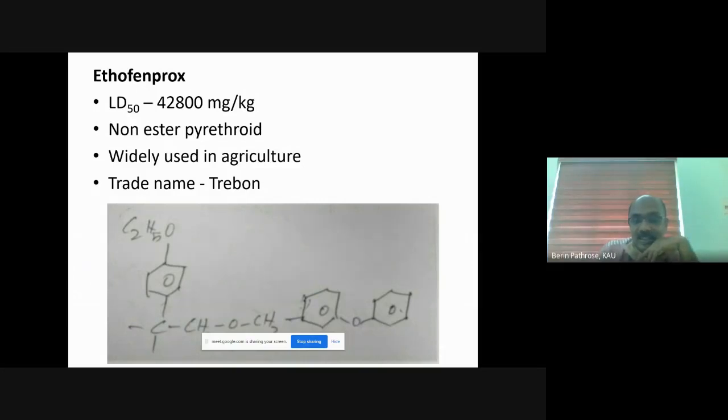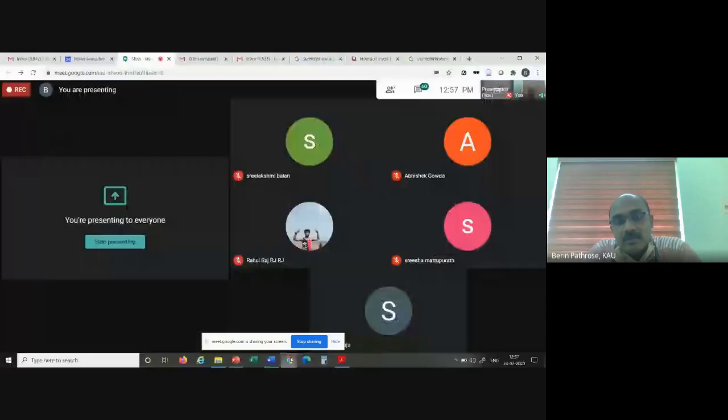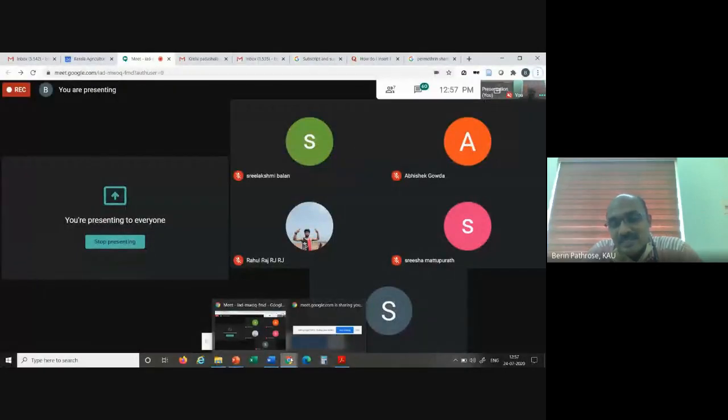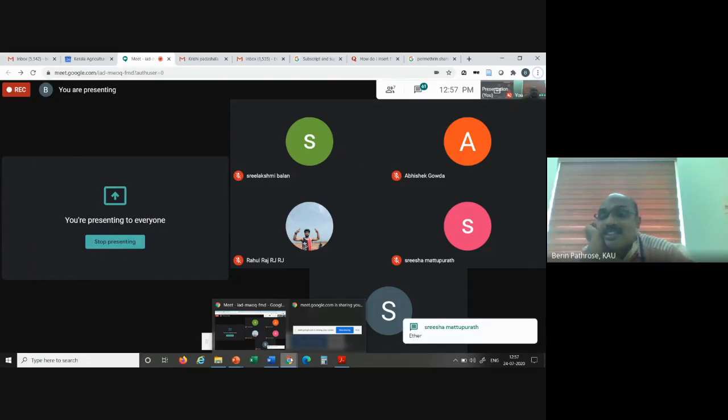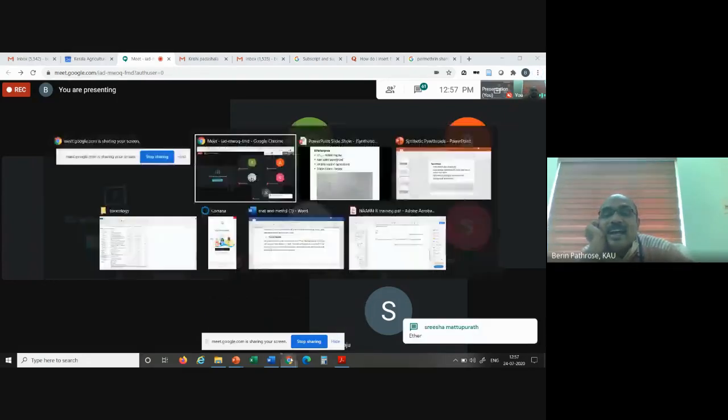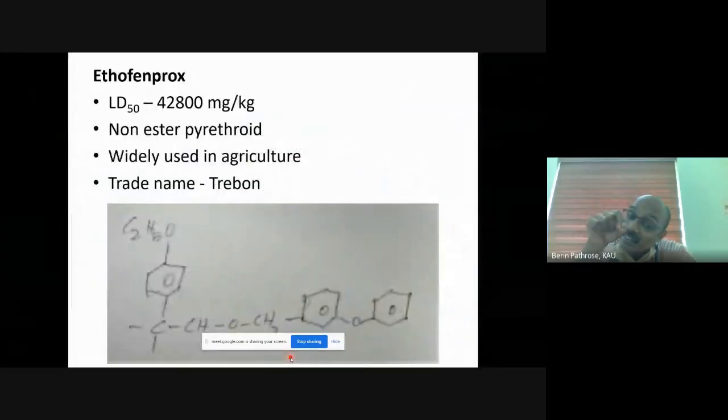After seeing this structure, can you name what the bond is? This is the alcohol, this is the phenoxyphenyl ring, and this is the acid part, again completely changed, and this is the bonding. So which is this bond? CH2OCH2. An ester is a COO bond. If it is CH2OCH2, or any O bond, which bond is that? Either, yes, good. So it is not an ester, it is an ether.